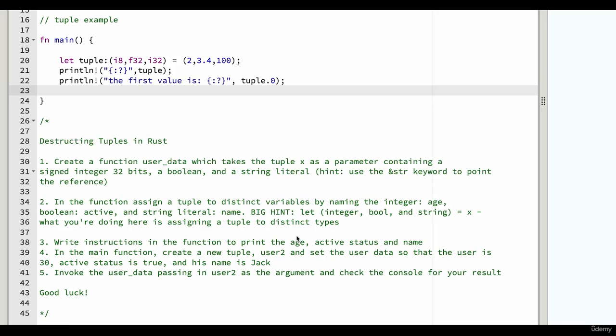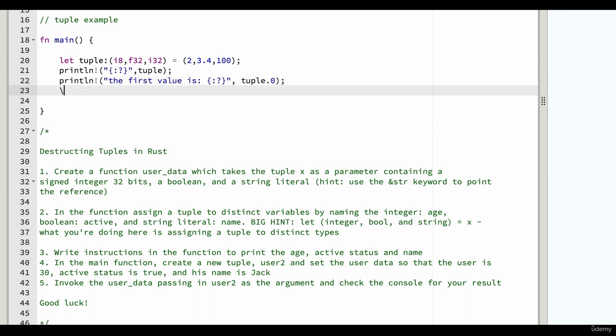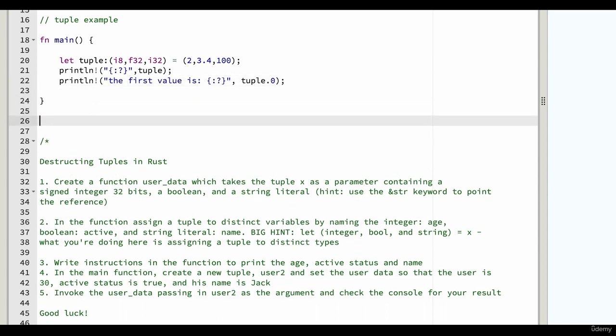So hopefully you had success with the destructuring tuples in Rust exercise. Let's go ahead and take a look at a solution together. All right, let's do it. So the first thing we want to do, and let me do this in a different block